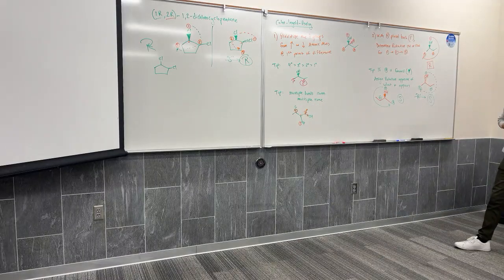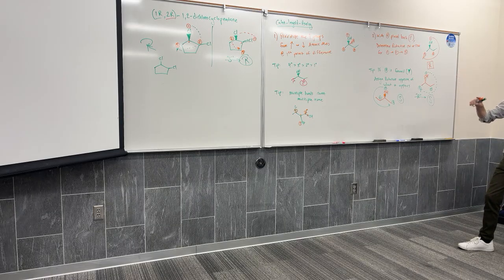So there's no way you could actually just look at the 1R, 2R and be like, oh, there's two R's, it's trans? You'd have to actually go through? You can. You can decide that. It's harder though, and I would say it just takes a little bit more practice. Actually, one thing that you can say on a ring, this is not always true on linear chains. On a ring, if you have RR, they will be trans. If you have SS, they will be trans. But you would actually have to go through and decide which one is wedged, which one is dashed. And if they are RS, they're cis. And then it actually doesn't matter which way you do it. And that's any size ring?